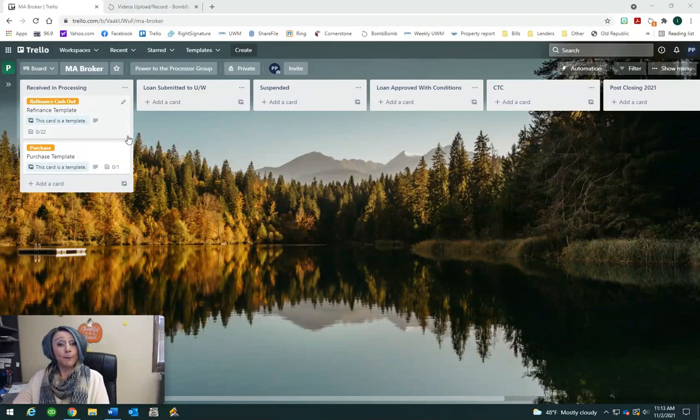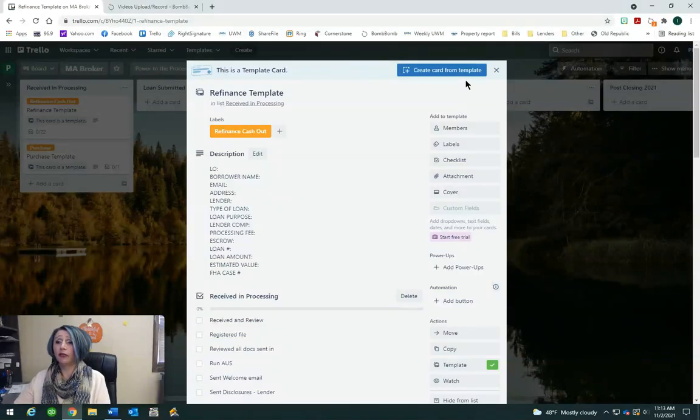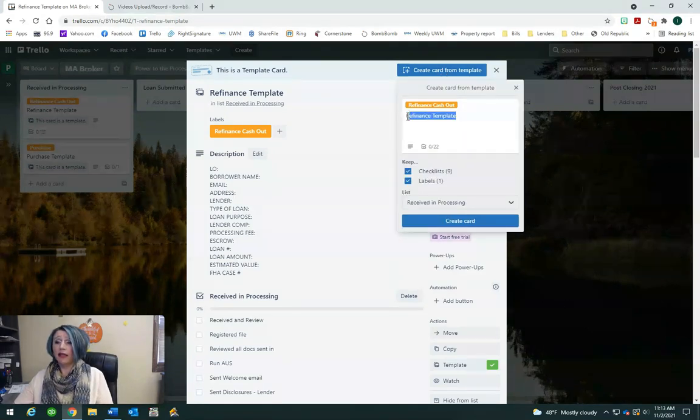So now I'm going to show you how to actually set up a card specifically for your borrower. We made these templates, so I don't have to go in and type everything all over again. So what I do is I click on, okay, so we're going to do a refinance. So click on the refinance. And in the upper right-hand corner, you're going to say, create a card from template. Click on that. And then I go ahead and I put in